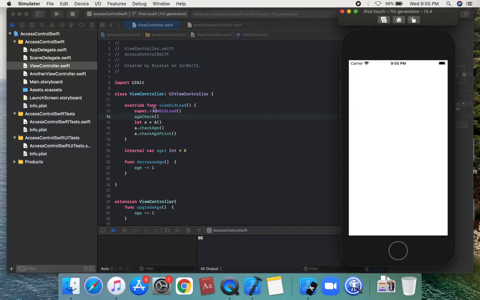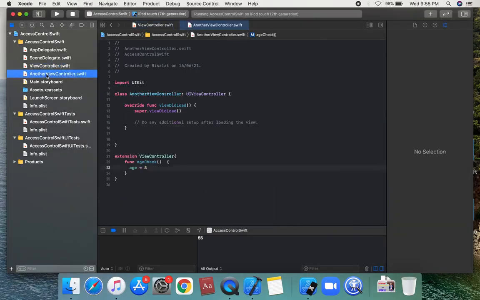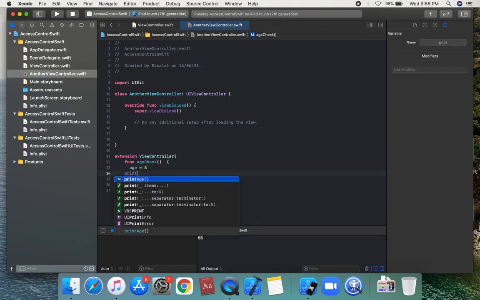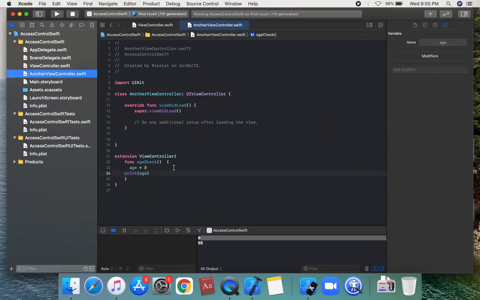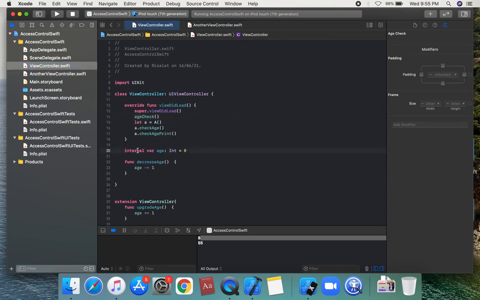Suppose first 5 to 50, and we can set the value age equal to 8, and we can call age check, and we can call this print statement. Print age, and the value is 8.